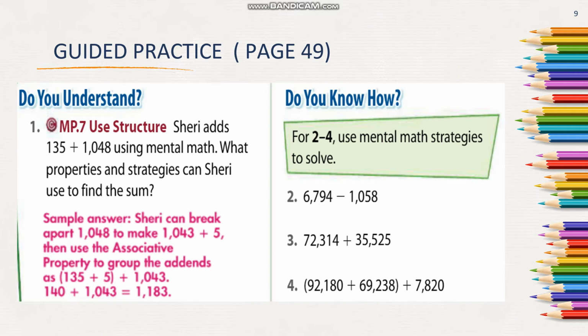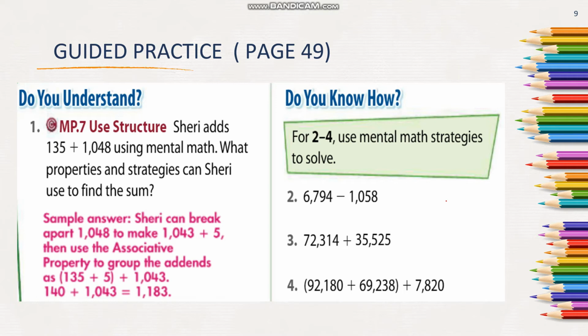Then use the associative property to group the addends as 135 plus 5 plus 1,043. Therefore, 140, because 135 plus 5 is 140, plus 1,043, so the total is 1,183. So this is only an example, so you can use different strategies that can help you to answer question